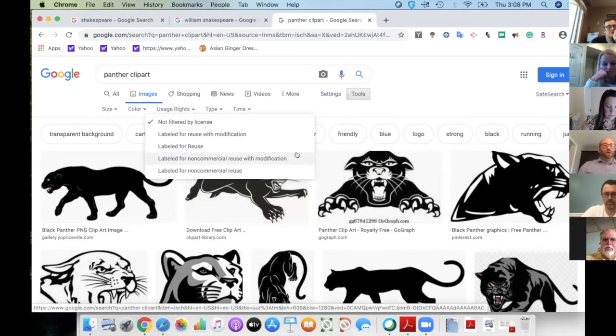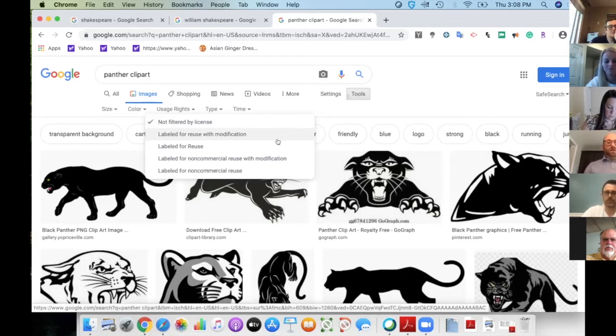So if you want to take an image and completely modify it, you want it to fall under the labeled for reuse with modification. Unfortunately, some of these images are not posted with the license use selected properly. But if you want to play it safe,